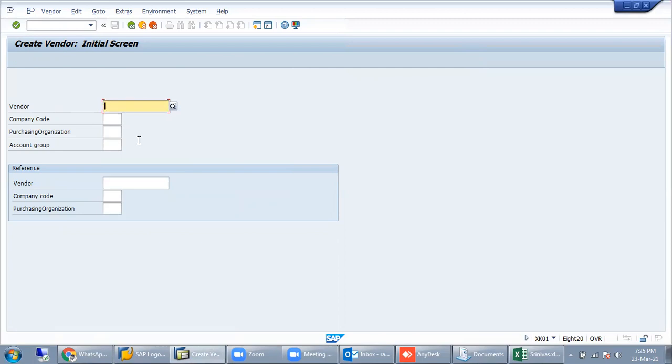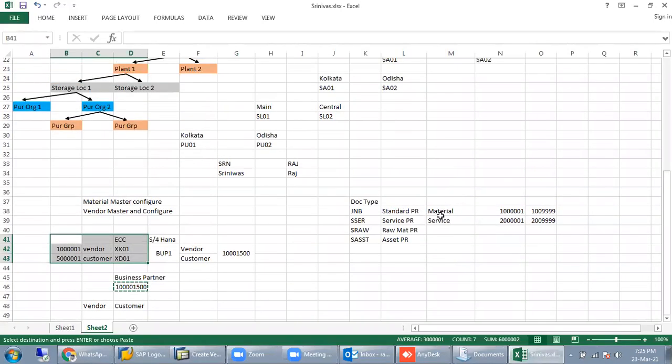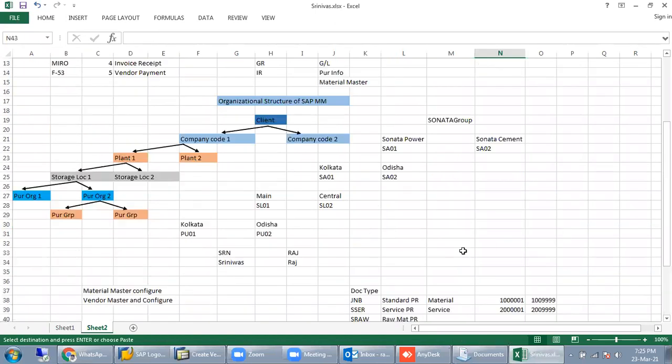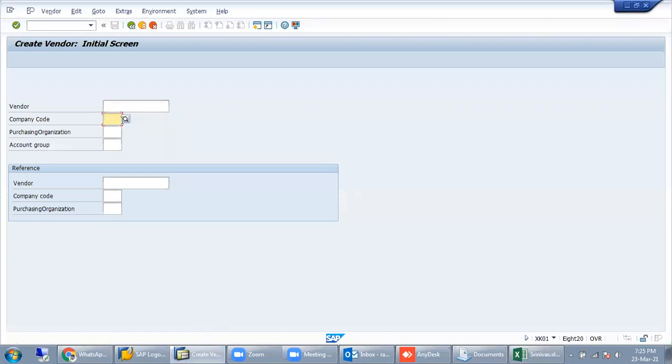Here we can maintain the vendor number ranges as internal or external, both, as I already discussed in the material master. Similarly we can assign a vendor number as internal or external.